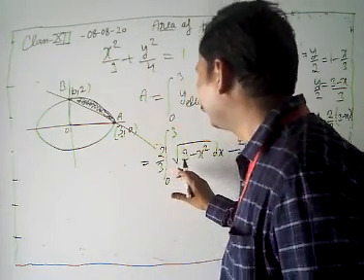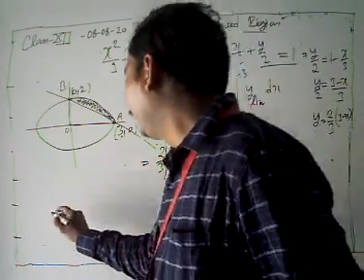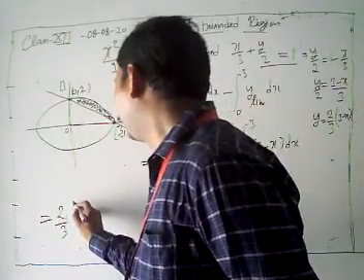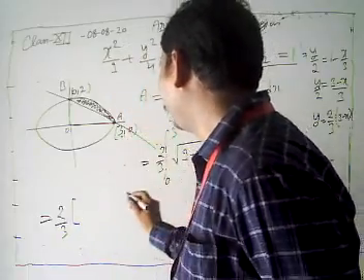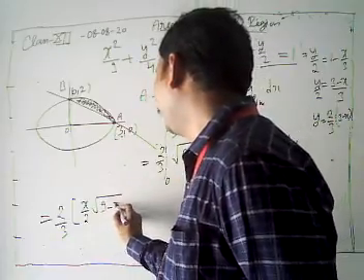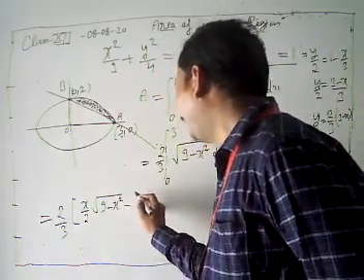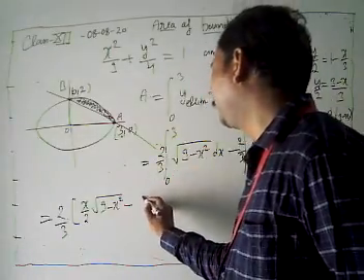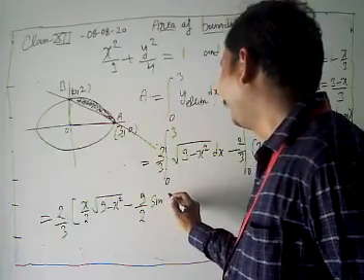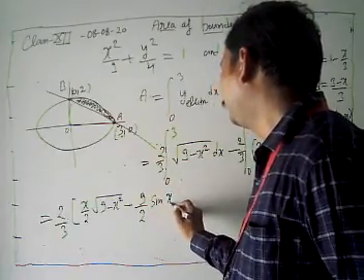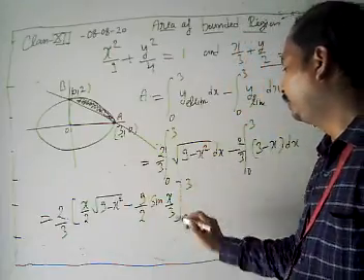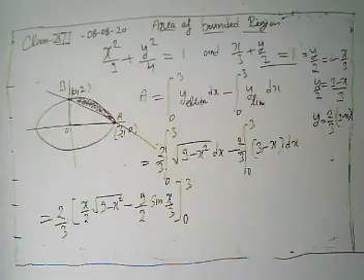Now what is the integration of under root a square minus x square? We have 2 by 3. We are going to write down here 2 by 3. It's x by 2 under root a square minus x square, means we are going to put 9 minus x square, plus a square by 2, again it's 9, sin inverse x by a. Our a is what? 3. Then putting the limit 0 to 3, 2 by 3 x by 2 under, minus.